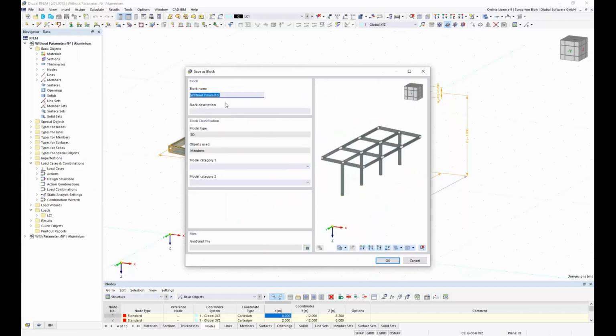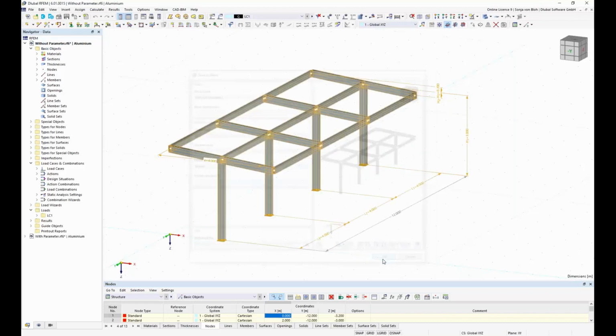Here I have to enter the name and I have also the possibility to do a classification. The classification is used as a filter so that I can find the block more easily. A few categories have already been created. Here I choose the category beams. The block can now be inserted into any file. I insert the block into the same file. For this, I open